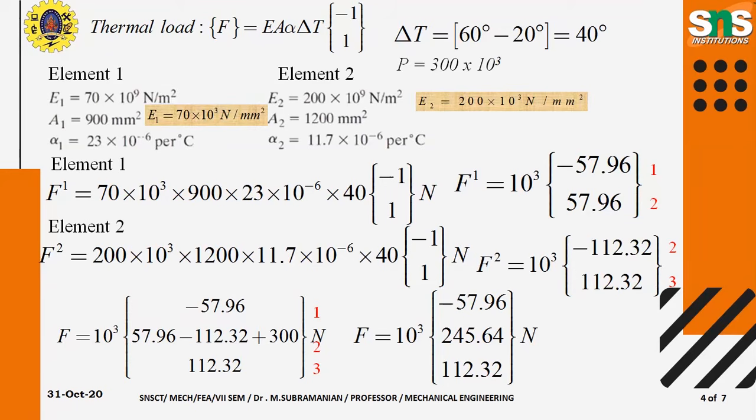Next step is we have to formulate the global force vector. Combine the element 1 force vector and element 2 force vector: F equals F1 plus F2. So for both force vectors the common constant value 10 power 3 is put outside of the vectors. So minus 57.96. Next for element 2 forces, it is nodal point 2. So minus